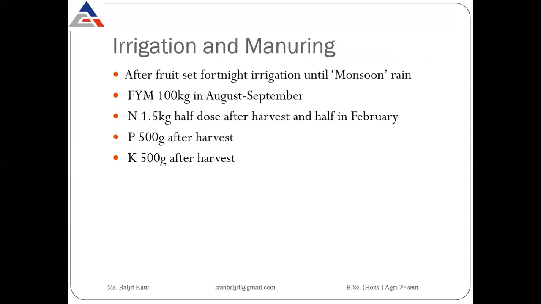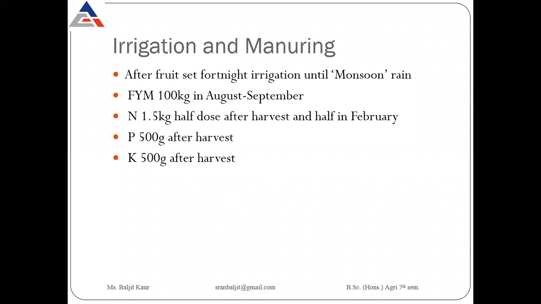Then irrigation and manuring. So when we transplant our plants and once fruit set starts, in monsoon season, we can irrigate the plants fortnightly. Okay, and for manuring, 100 kg of farmyard manure is added in August, September, and other fertilizers that are added